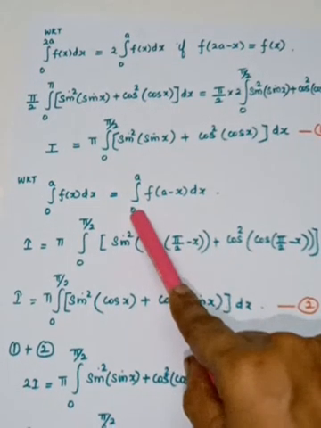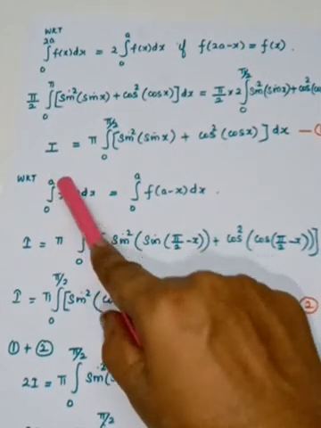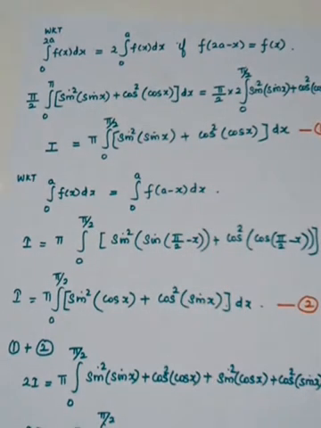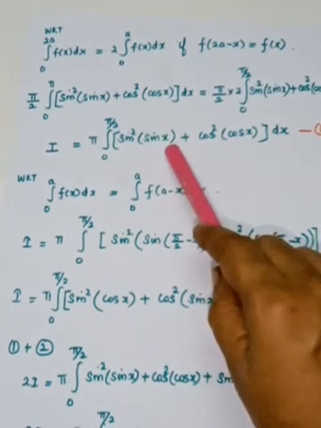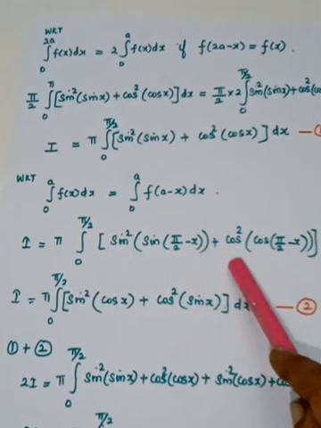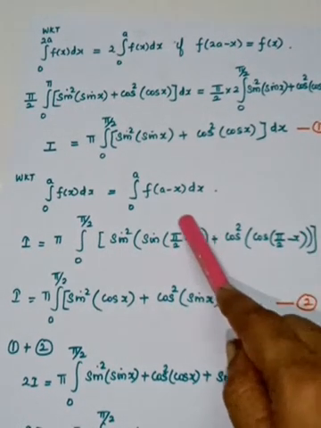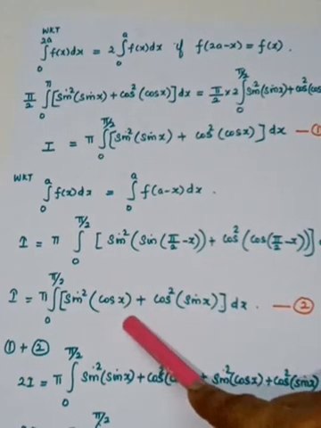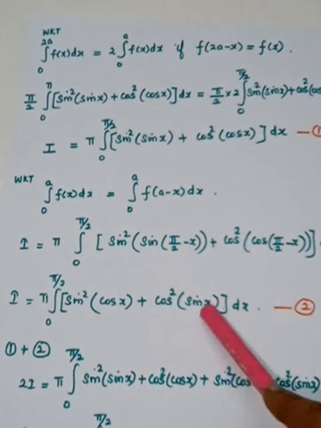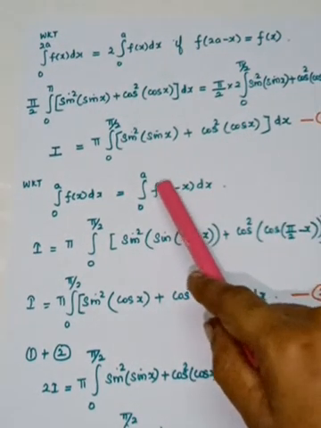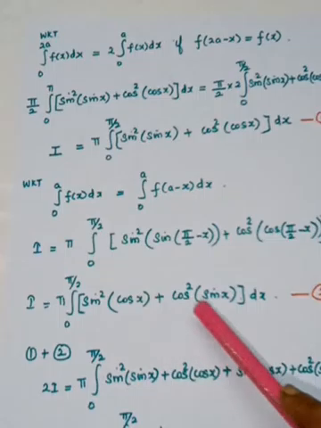And again we use the property integral 0 to a f of x dx is equal to integral 0 to a f of a minus x into dx. Now what is your a? Your a is pi by 2. So here you are going to replace x as pi by 2 minus x: sin squared sin pi by 2 minus x plus cos squared cos pi by 2 minus x into dx. What is sine of 90 minus theta? Cos theta. Cos of 90 minus theta is sine theta. This is after replacing x by a minus x you will get.